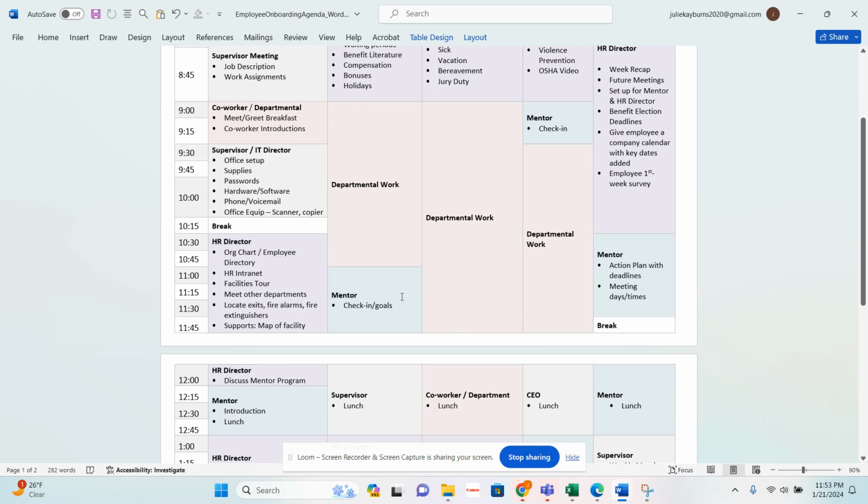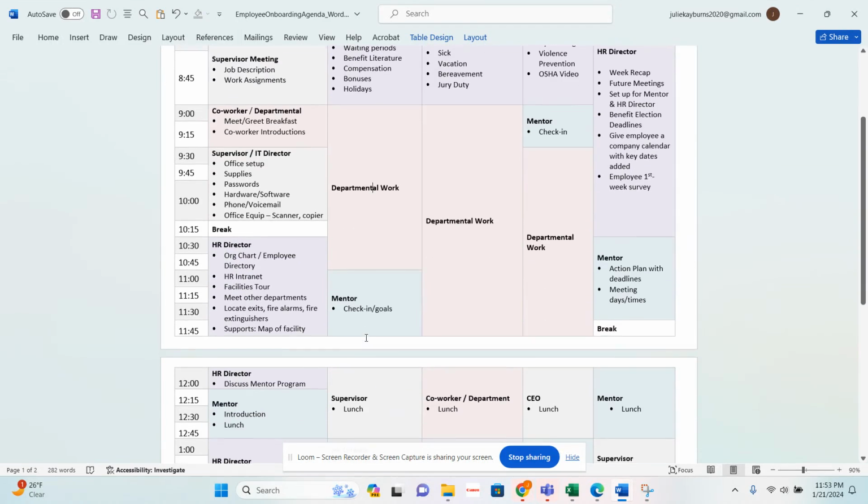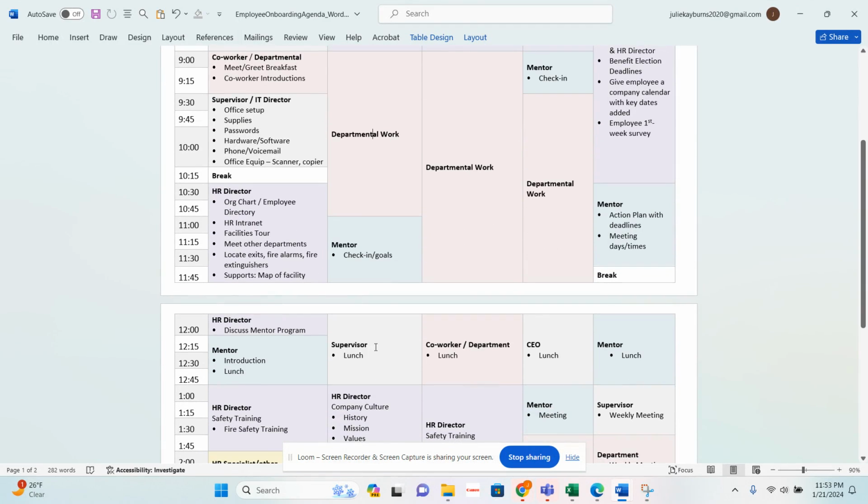Maybe they want to put some goals down after the employee said, okay, this is what I see myself doing. I saw my work, I'm doing my work assignments, a job description. Read the job description. I know what's expected of me via my supervisor, and I want to get these goals down on paper. Have lunch with the supervisor. That's very important.